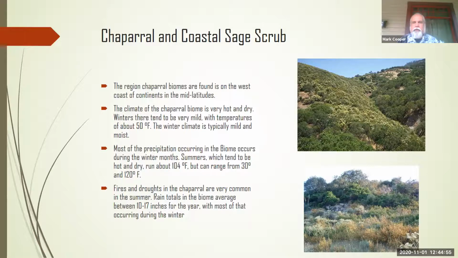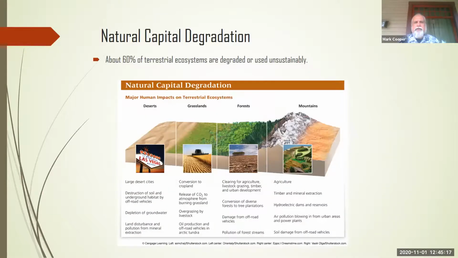And actually, this is what we call a fire-adapted community, and it is meant to burn. It is actually designed so that it knows that it's going to frequently burn, and that cycle is about 10 to 15 years normally. So coastal sage. All right, and then just to let you know, about 60% of terrestrial ecosystems are degraded or